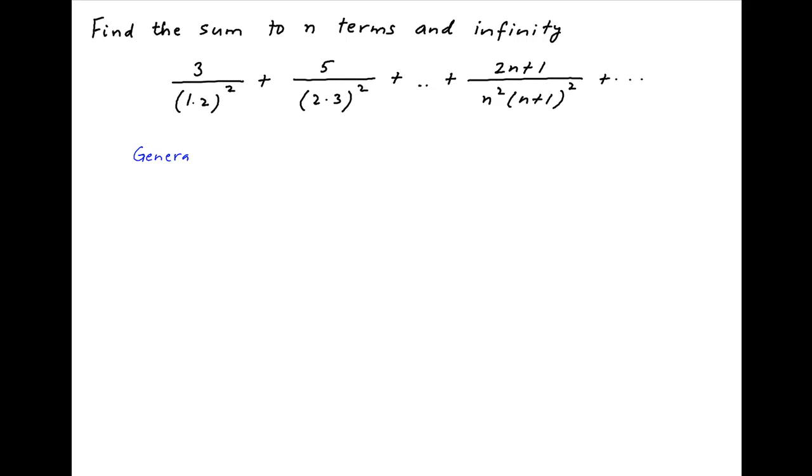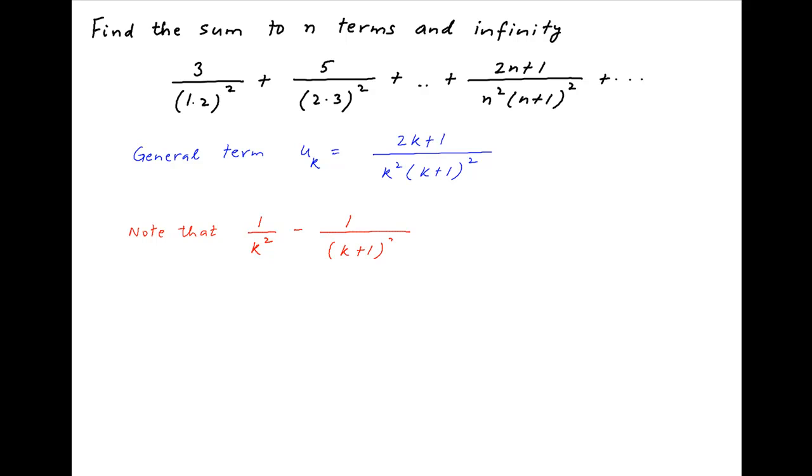We're given that the general term of the series, let's denote it by u_k, is equal to (2k+1) divided by k² times (k+1)². Now note that 1/k² minus 1/(k+1)²,